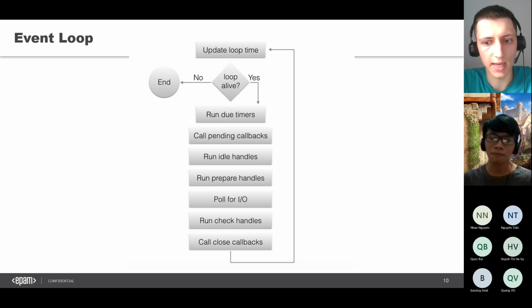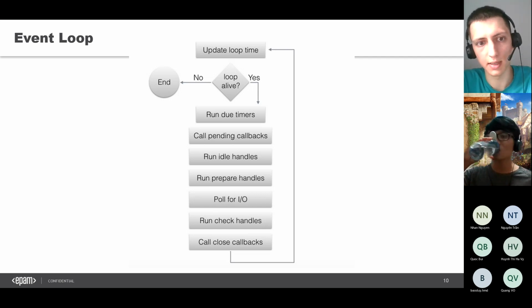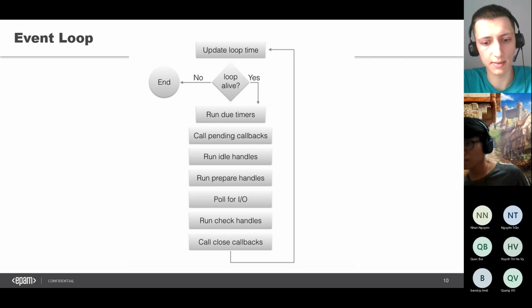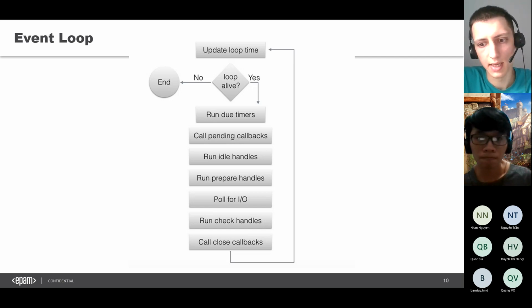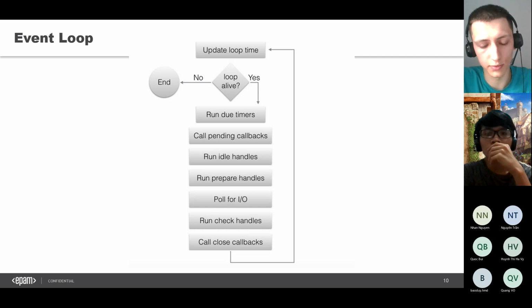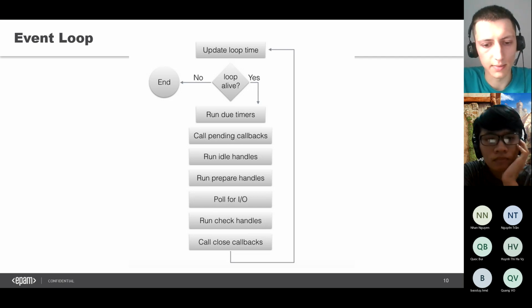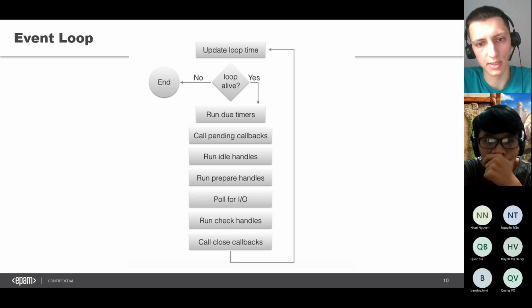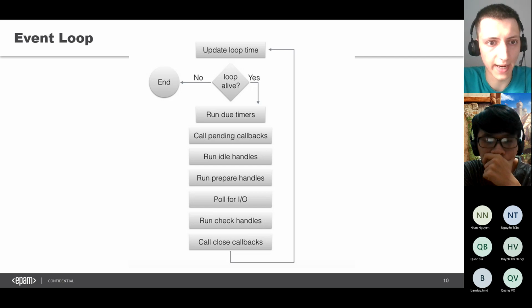And also we have one more thing: promises and next ticks. Next tick is a way to run some code as soon as possible, the same as promises. Promises and next ticks will be executed before every phase.